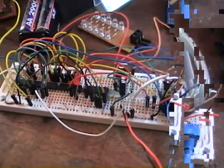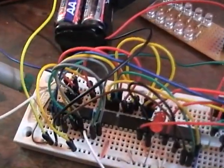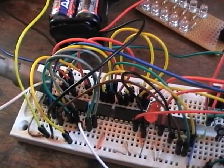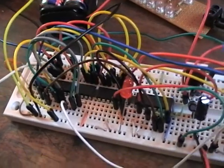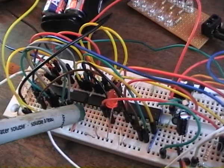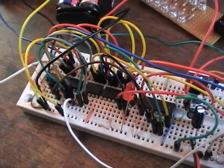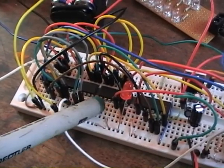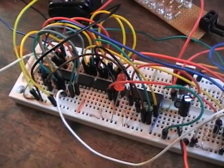Here is my Halloween sound generator. What I'm using is an MSP430. This is a 2553 for the hardware UART and memory, and just because it's nice. That small one there is a 25AA1024 SPI EEPROM chip. Then we have an LM324, which is a quad op amp I'm using as a buffer